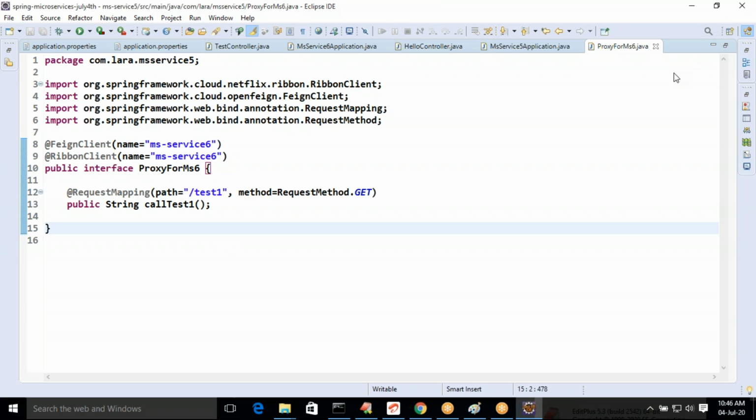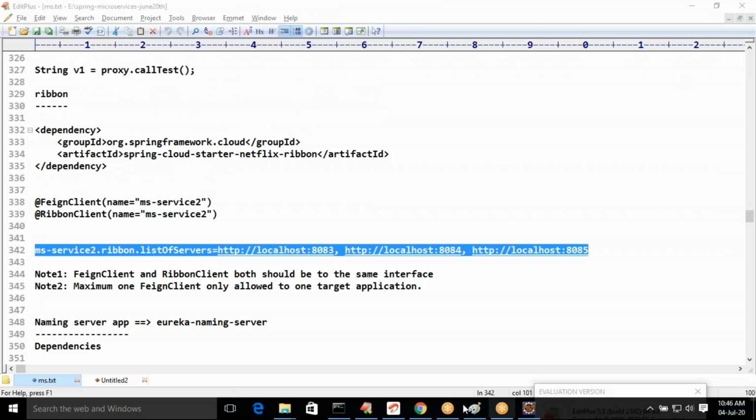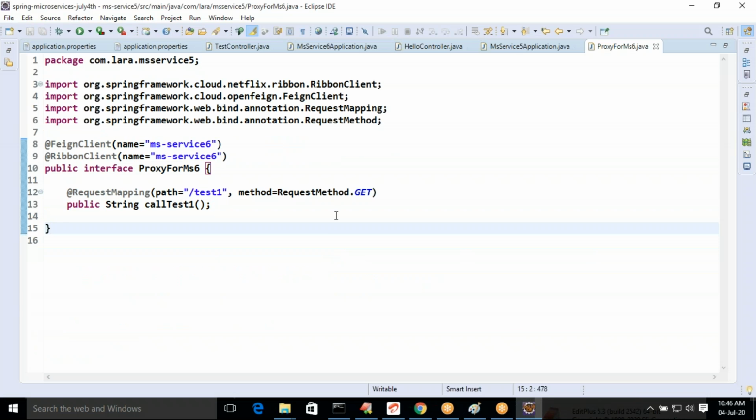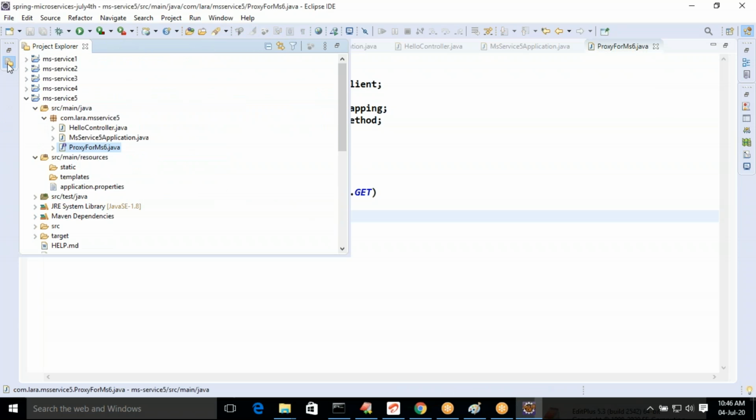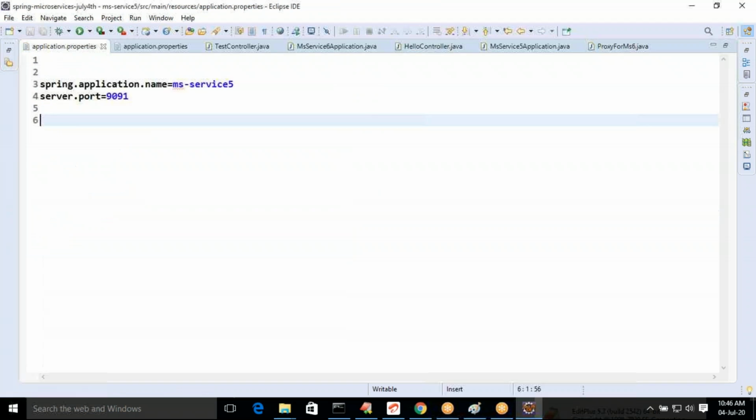How to specify? Go to the properties file of MS Service 5. In the properties file, you need to specify whatever instances of MS Service 6 are available.